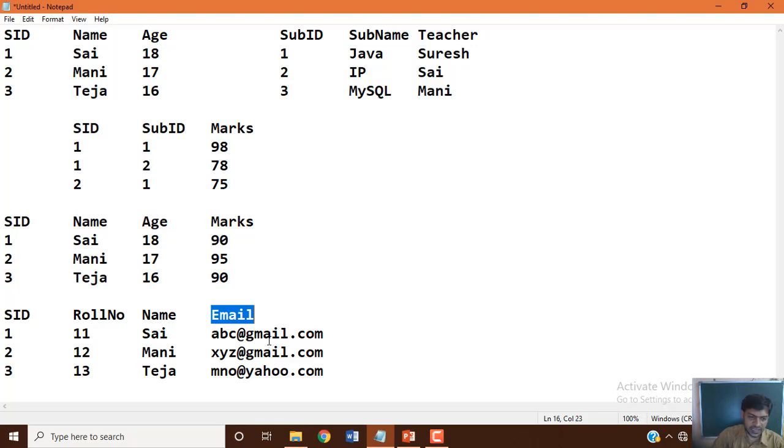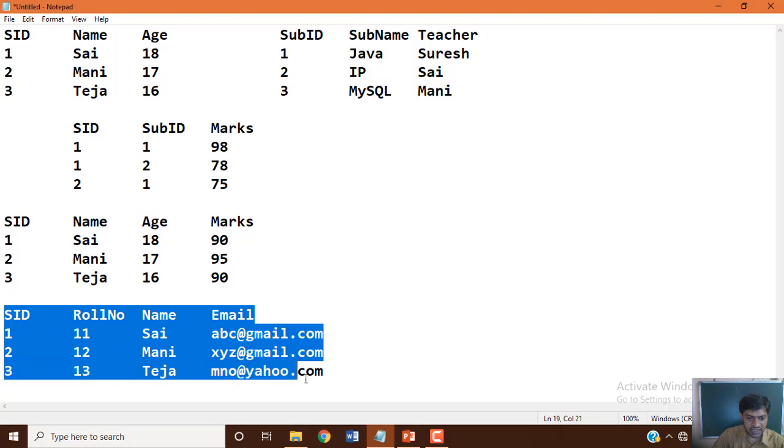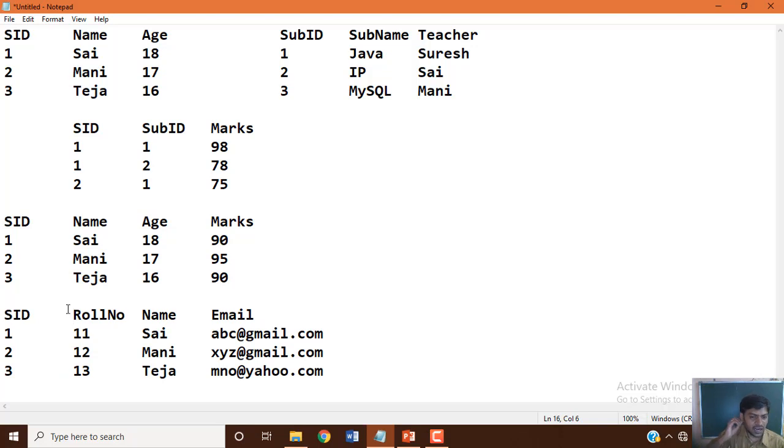Now in this table there are three candidate keys, three fields or columns or attributes represented as candidate keys. Among these three different candidate keys, only one can be represented as the primary key.